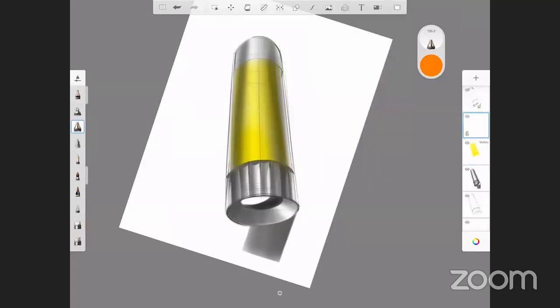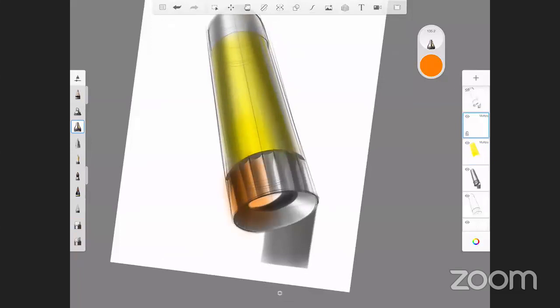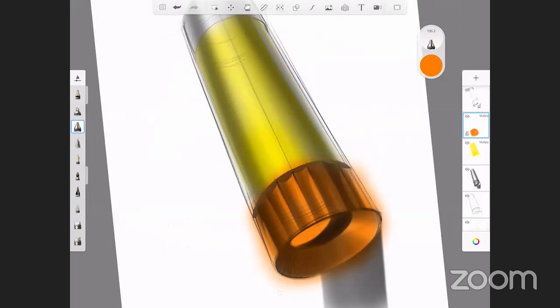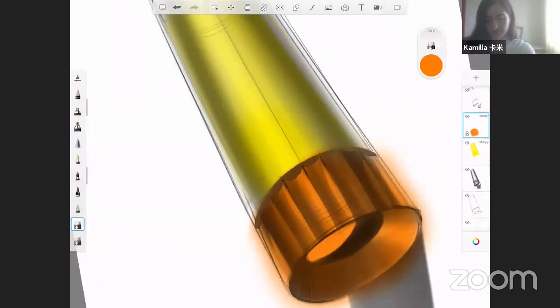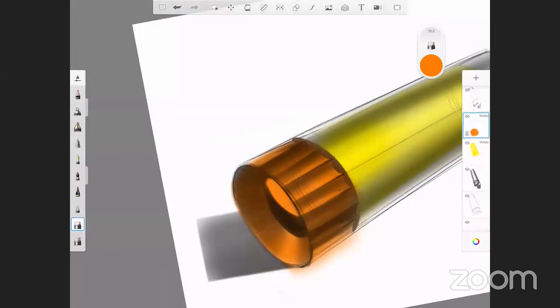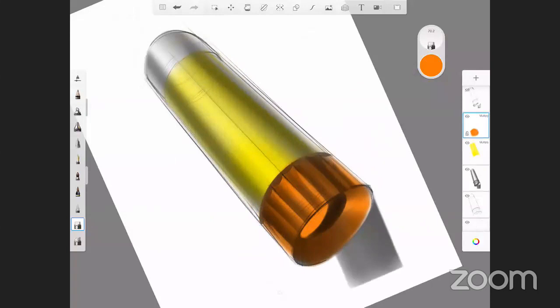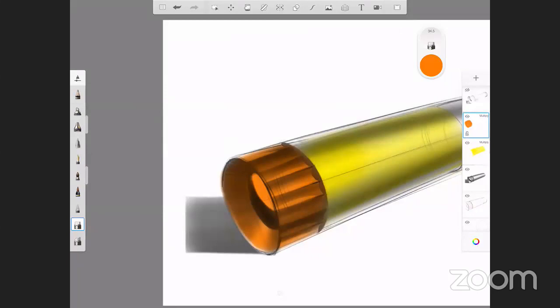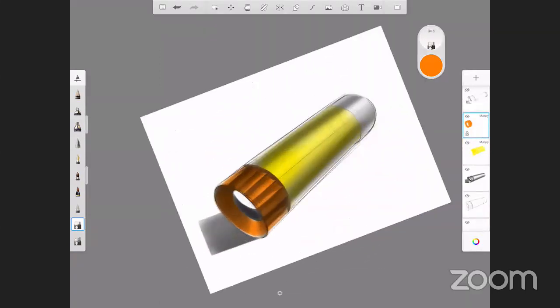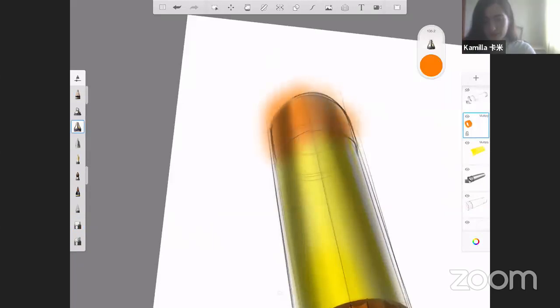Here it will be a new layer with the blending mode multiply, and it will be orange. 我加一下这个部分会变成橙色。 And the upper will be orange too. 上面的部分也会是橙色的。